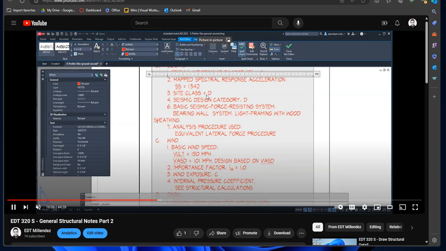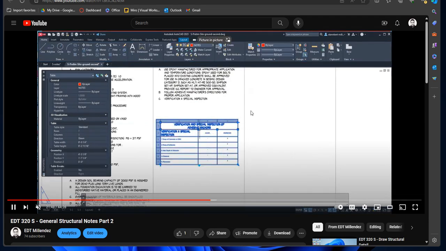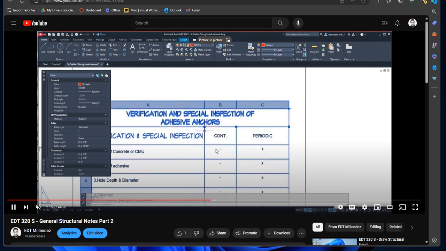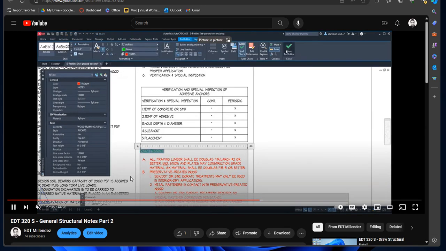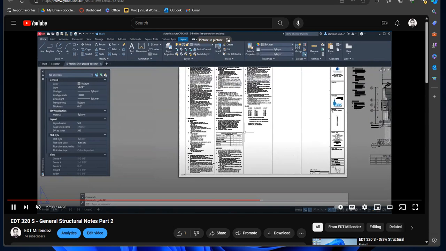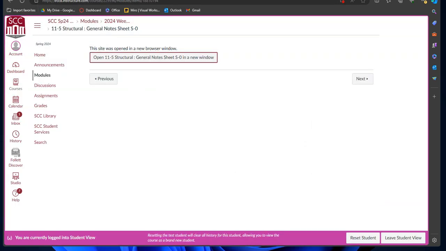You can see here it has a different kind of font. You will also be doing some tables here. There's quite a bit of work here,